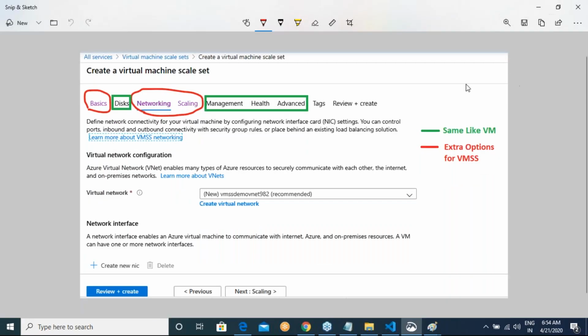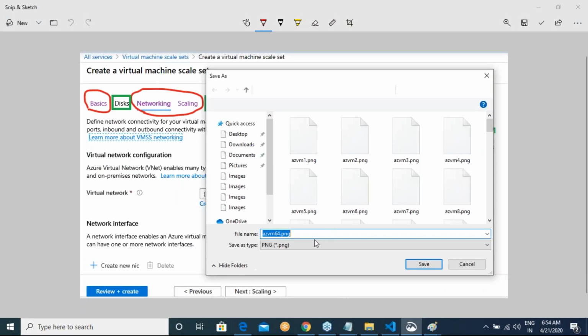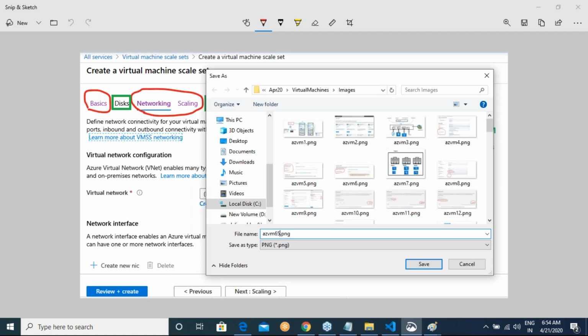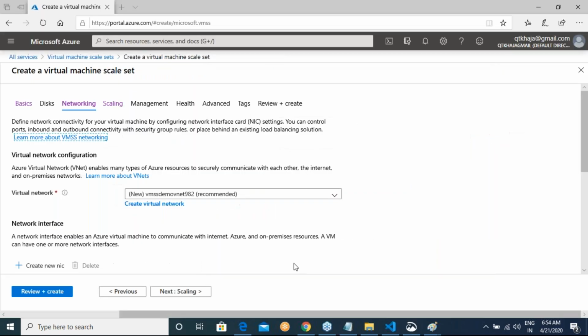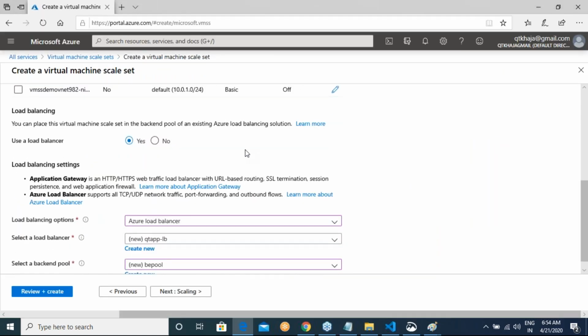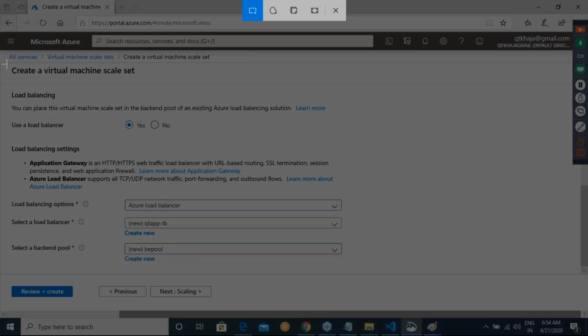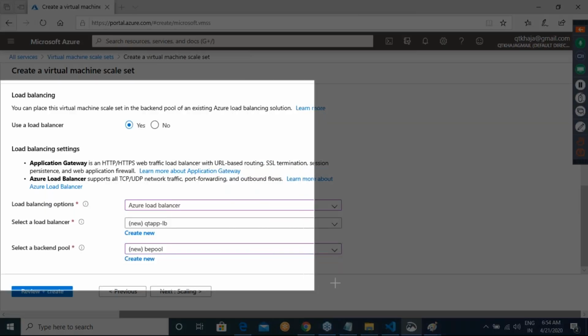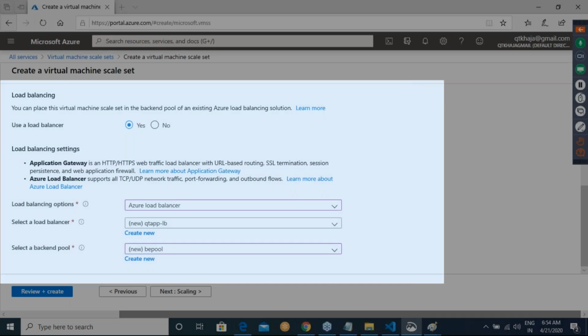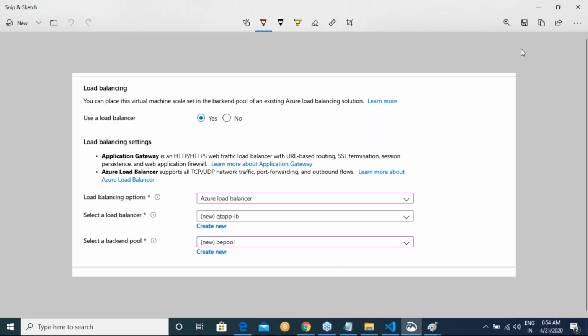Good. So let me call it as 65. Okay. So then I'll also try to give you what are those extra options which you need to worry about. One extra option which you need to worry about is load balancing. Okay.